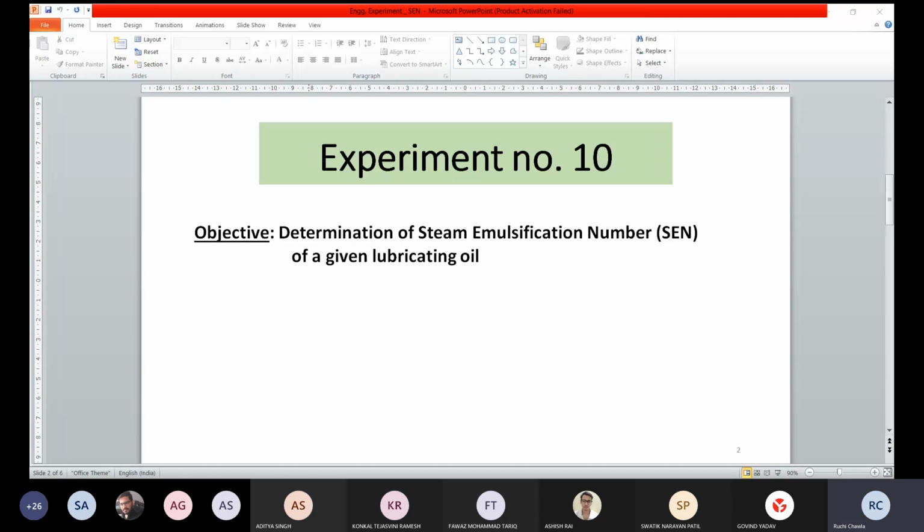So once you note that time in seconds, that time you will report as the steam emulsification number. So definitely, if you wish to form an emulsion between steam and the given oil, there has to be a steam generator prominently. So coming to the experimental setup,